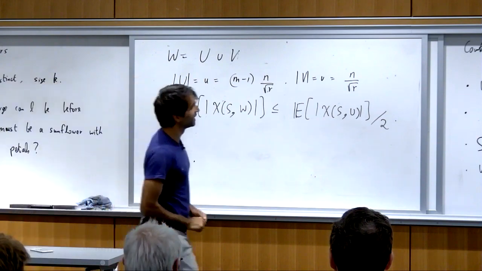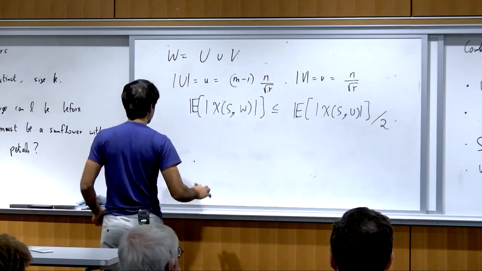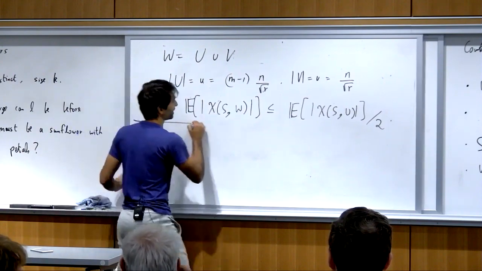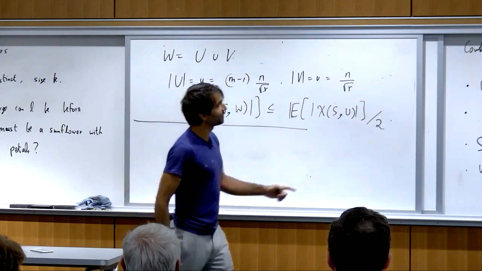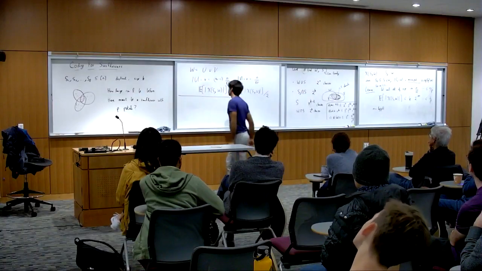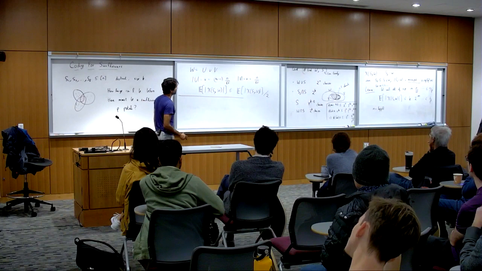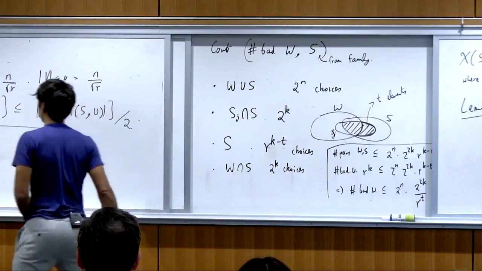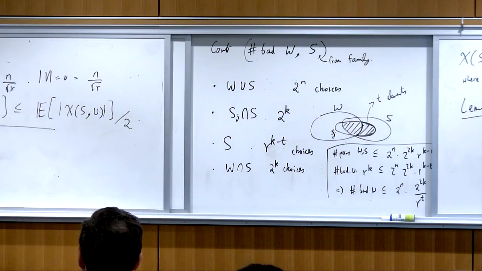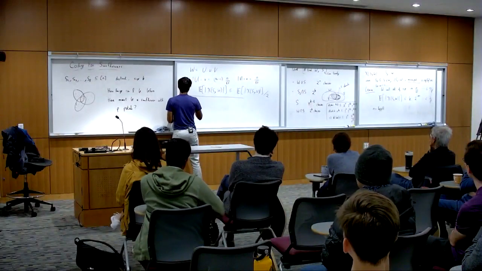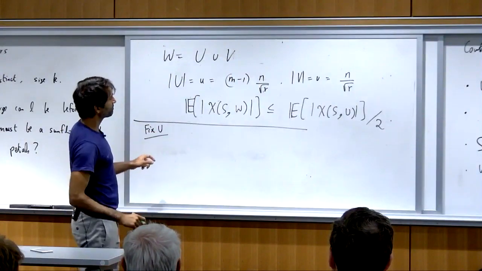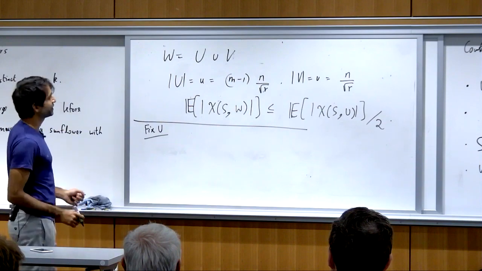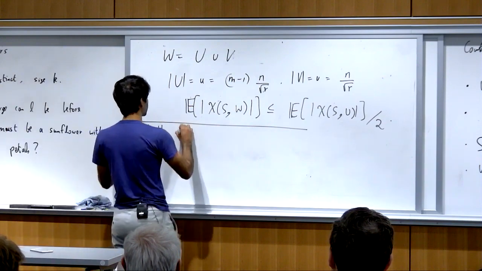Okay. So I won't have time to verify all the details, but I'll tell you how the proof works. It really follows this statement. What we're going to do is try to encode the number of pairs. So we'll fix a set U, and we'll actually prove this inequality for every U. So we'll fix one set U, and then we'll try to encode the number of pairs